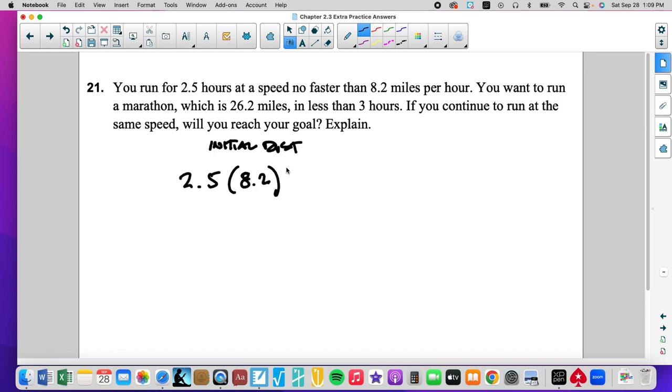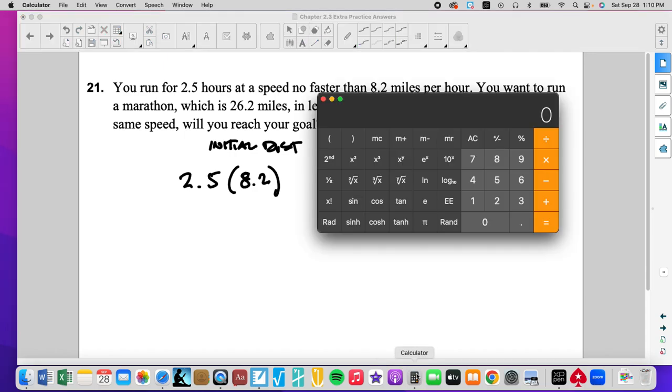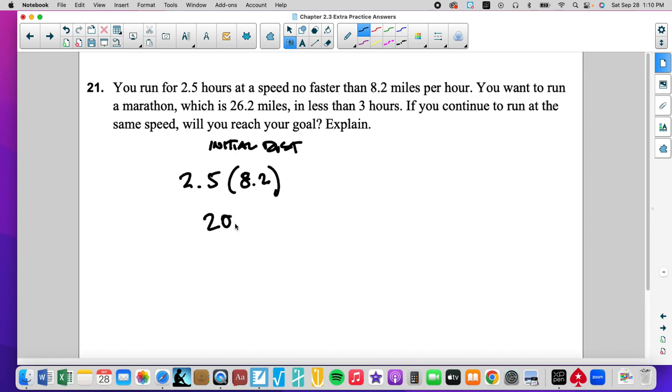Distance. Okay, so let's double it and then take half. So that's 16.4, half is 4.1. So 20.3. Did I do that right? Oh, 20.5. 20.5 miles, because I went 8.2, no more than that, plus, if you continue to run at the same